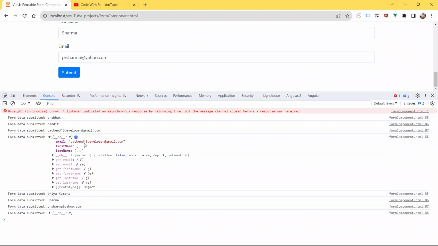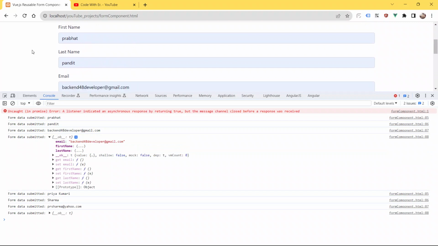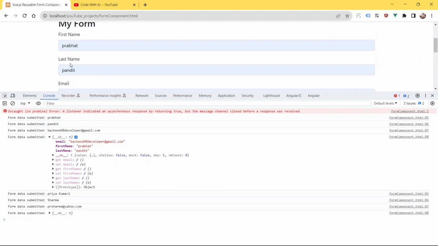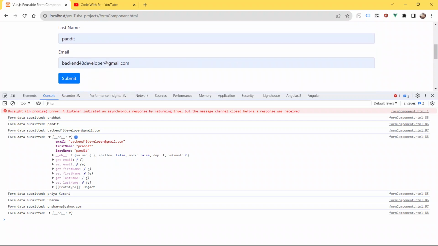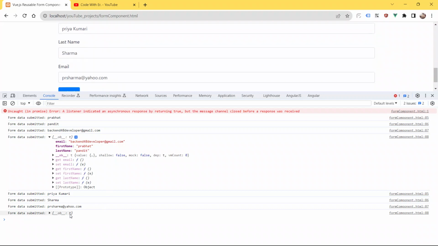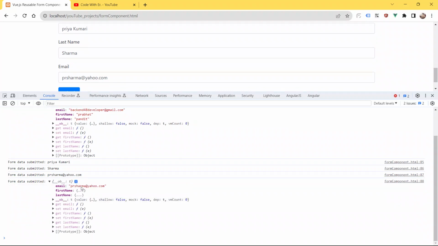From the first form we got the email as backend48developer@gmail.com, the first name is Prabhat, and the last name is Pandit. And now, if you open this also, you can see the email prsharma@yahoo.com.